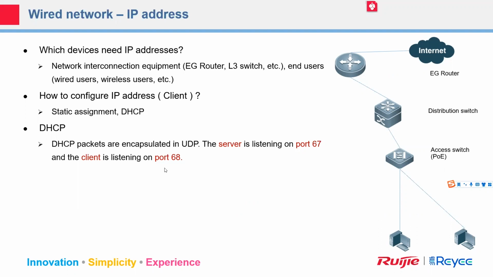Why do we have to focus on this port number? That's because maybe in your network you deploy a firewall, or maybe you add some ACL policy. So you have to let this port number pass through. Otherwise, I ask if someone here can help me get an IP address, but this packet may be filtered by your policy or by your firewall. So this is the first one we have to know: the port number information.